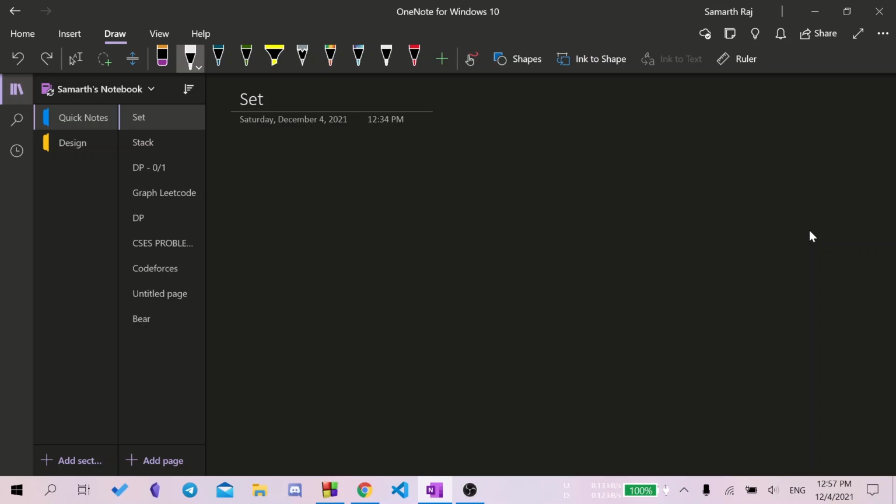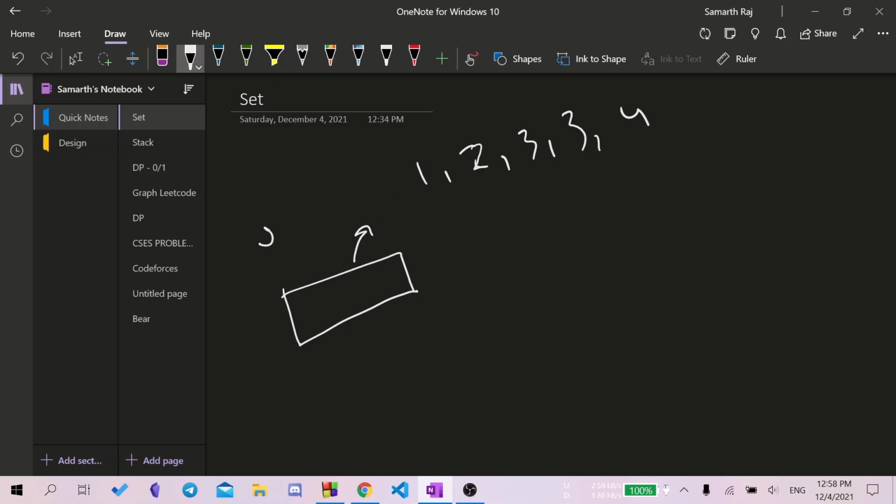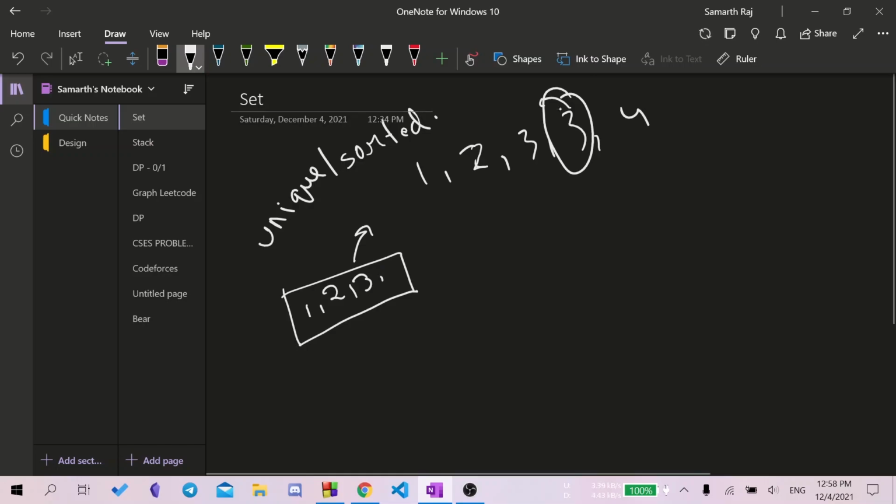For example, अगर मेरे पास मान लीजिए यहाँ पे 5 नंबर हैं 1, 2, 3, 3 और 4, और इन सभी को मुझे एक ऐसे कंटेनर में ऐड करना है जो सिर्फ यूनिक और सॉर्टेड ऑर्डर में स्टोर करें. तो इसमें मैं पहले 1 डालूँगा, फिर 2 डालूँगा, फिर 3 डालूँगा, फिर जैसे ही एक और 3 मैं ऐड करूँगा इसमें, क्योंकि इसमें पहले से एक 3 प्रेजेंट है, ये इस 3 को उसमें इंसर्ट ही नहीं करेगा। फिर हम नेक्स्ट पे जाएंगे 4। तो मेरा सेट अगर मैं देखूँ तो वो दिखेगा 1 2 3 और 4।